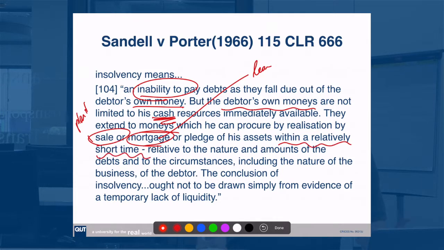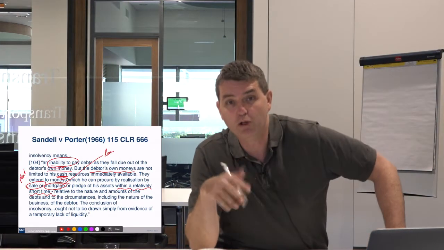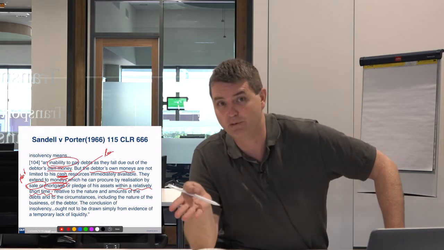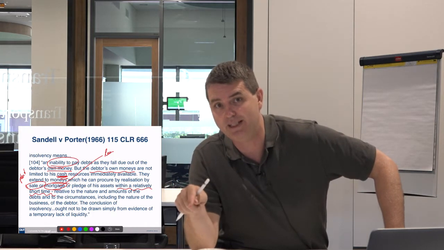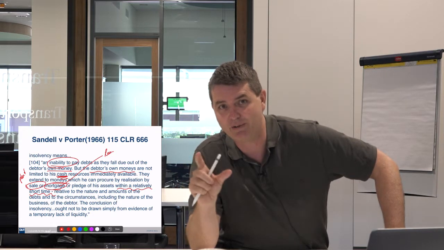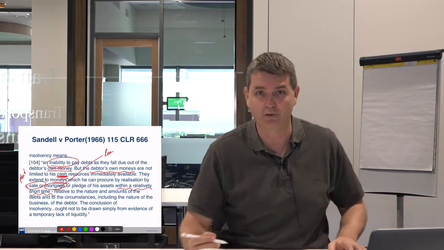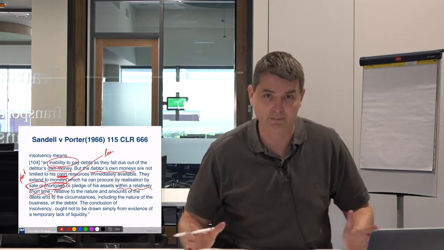Okay, so this becomes an important point. It is about the timing of being able to pay the debts as and when they fall due. So if you can pay them, but if it's way into the future and you can't pay them in the immediate term, you're not going to be solvent. And indeed, there's a good argument for that. If you were able to pay them in the longer term, then the argument would be, well, surely a bank would be able to lend you the money now to pay them in the immediate term. Okay, so there's this element about what do we mean. That's why it is focused on being able to pay your debts as and when they fall due in the short to medium term.